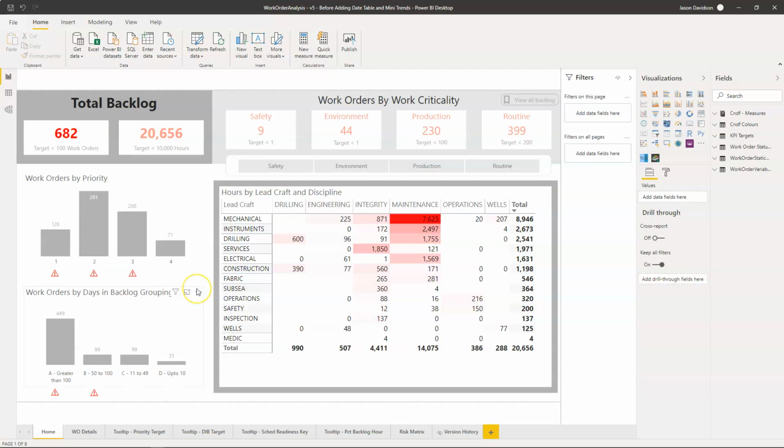In this video we are going to add a trend to our report. We're going to start adding some trends. So up until now, this dashboard that we've created, and if you want to learn how to create this dashboard